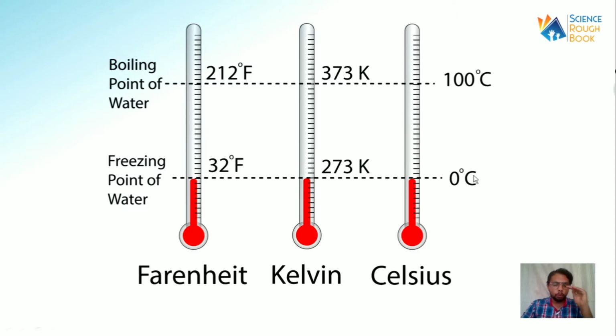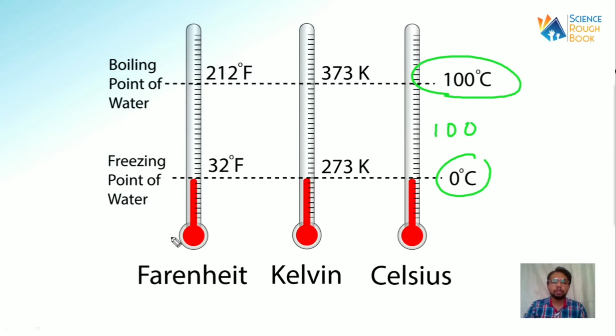Now the lowermost point of the temperature on the Celsius scale is 0 degrees Celsius, and the highest point is 100 degrees Celsius. There can be more beyond that, but I can say the melting point is 0 degrees Celsius and the boiling point is 100 degrees Celsius. And how many divisions are available here? I can say there are 100 parts between 0 and 100 degrees Celsius.